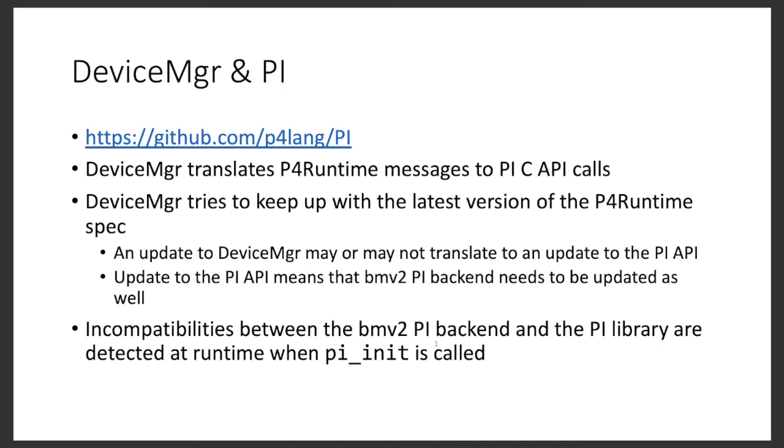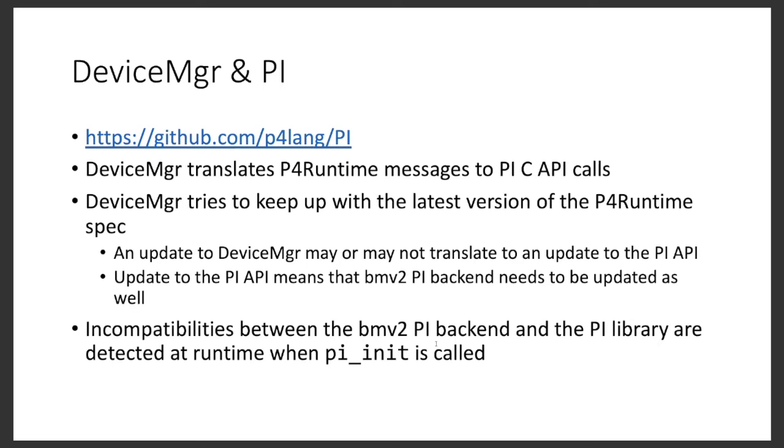So we do have, and we use some dynamic linking here. So it's not something you can verify using a compile time check, but we do have a runtime check in PI init, which is a function that you need to call. I mean, that's called for you when you use P4 Runtime, but that's used to initialize the PI drivers for your target. If there is a discrepancy in version number at that stage, it will give you an error, and